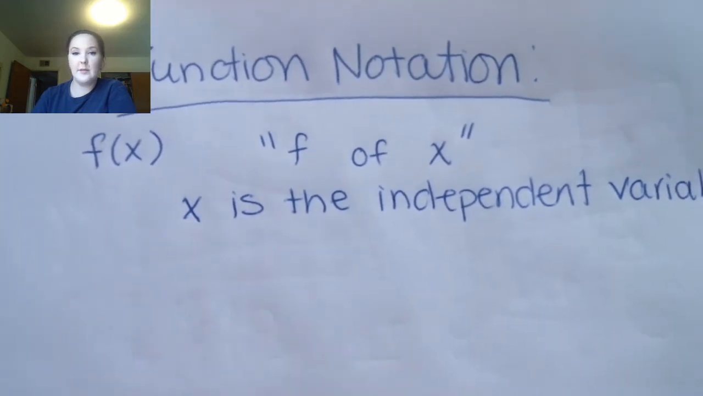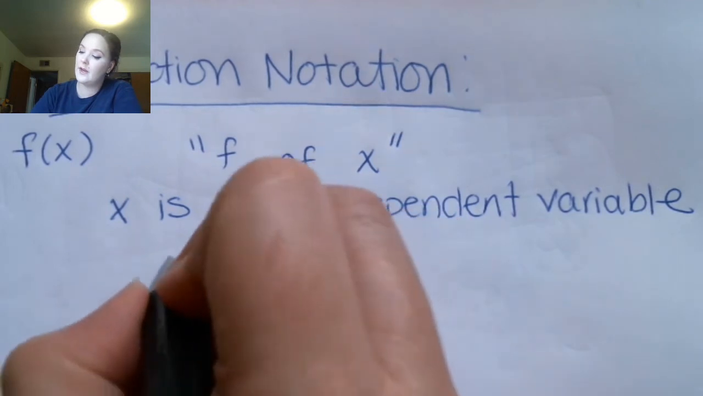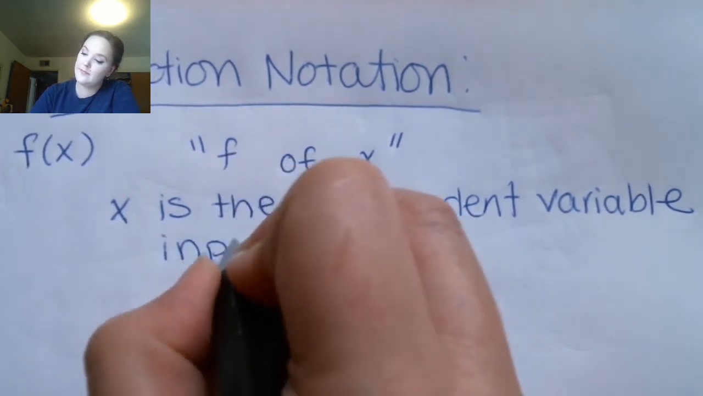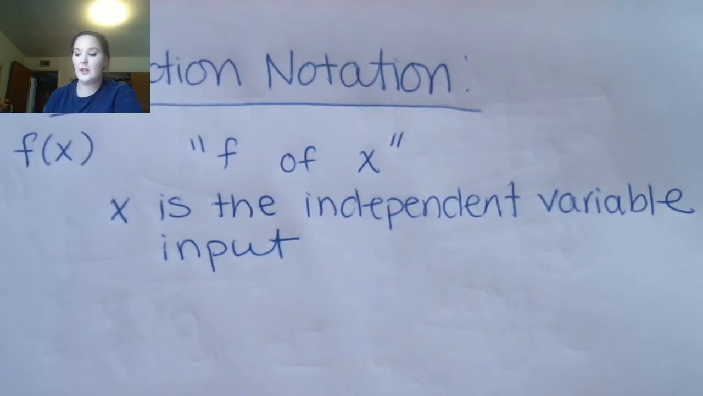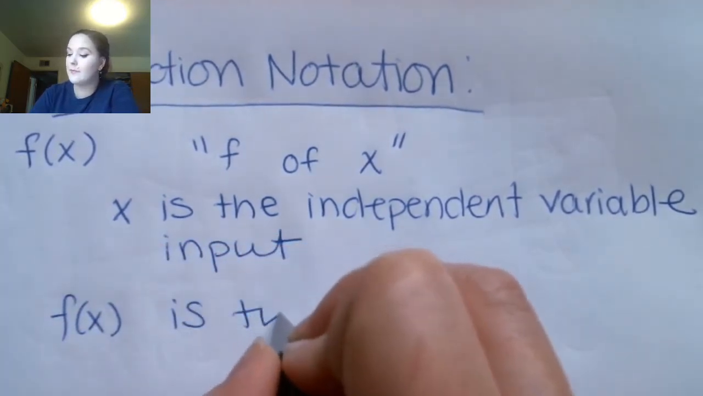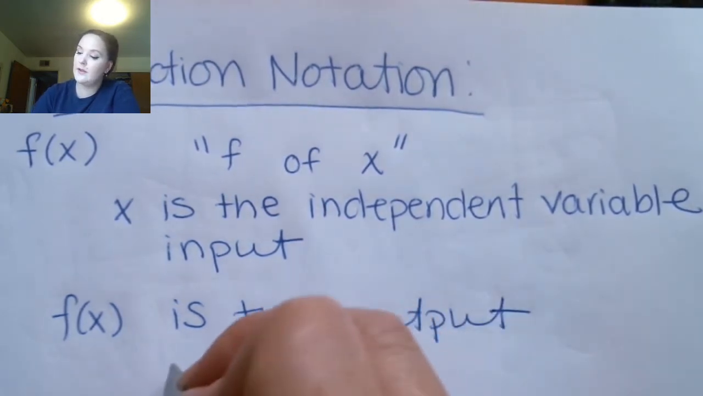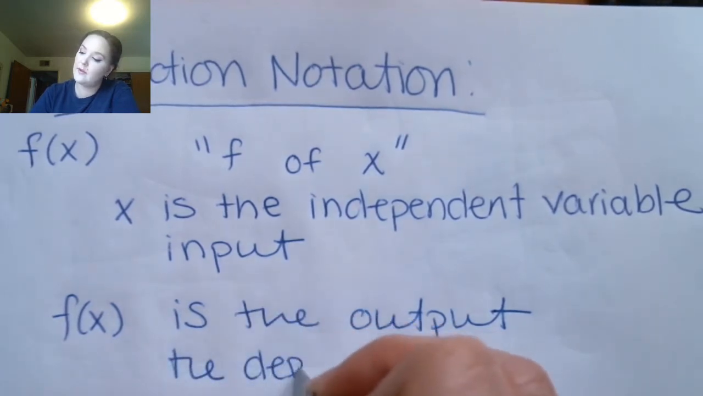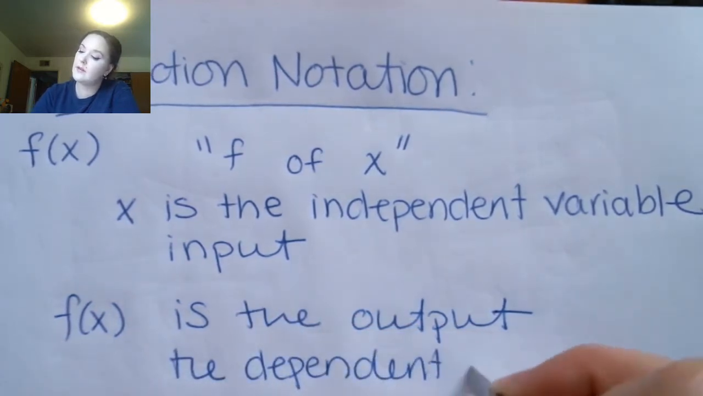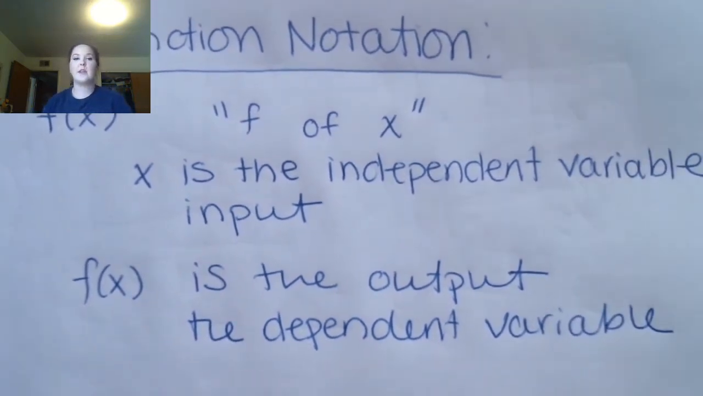Okay, it's the independent variable. It is inside the function, right? Okay, the whole thing, f of x, is the output. Okay, the dependent variable. You might be saying, okay, if x is the independent variable and f of x is the dependent variable,